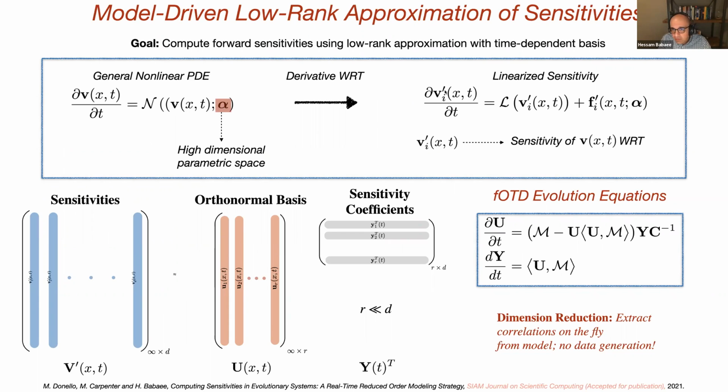You can take the derivative of this system, so this is the linear sensitivity equation. So instead of solving for these D columns, we want to solve these with these R orthonormal modes. And here, this has only two components. You can actually do a triple component here and have a sigma and Y, and the two of them are actually equivalent, and we have shown that. But here we take this simpler form, which is consistent with OTD, optimally time-dependent decomposition. So we call this method FOTD, which stands for forced optimally time-dependent decomposition.